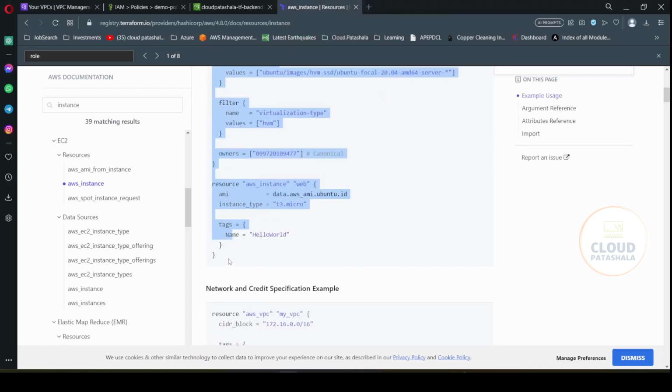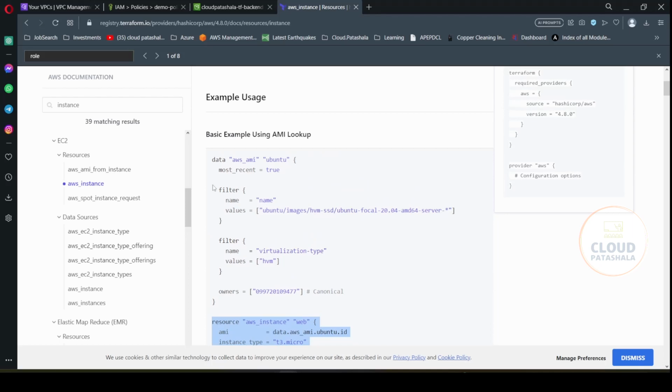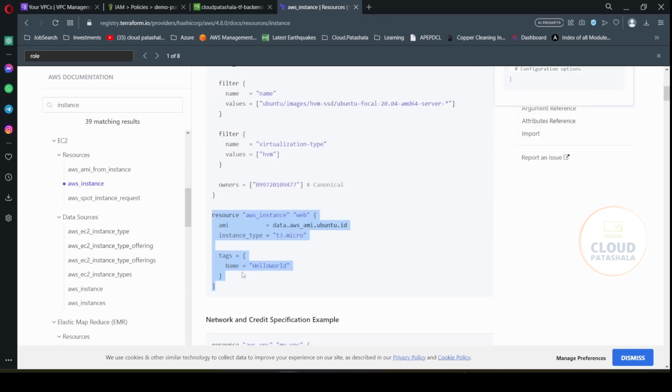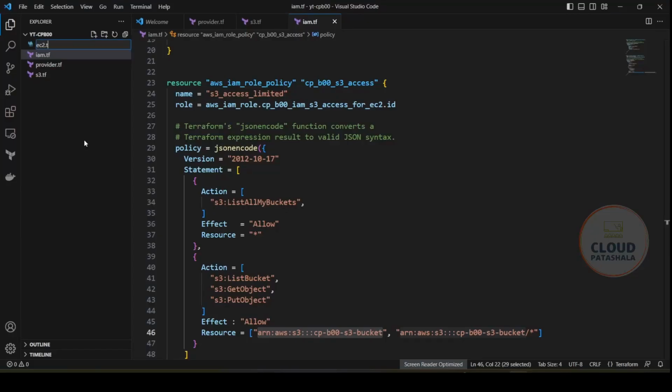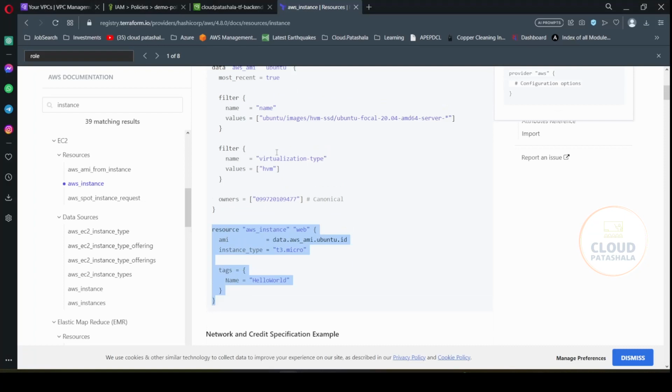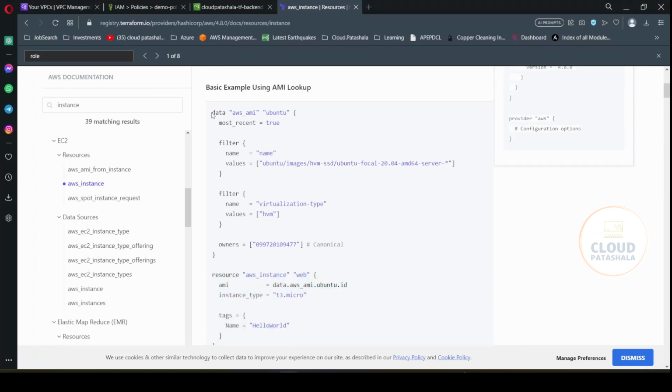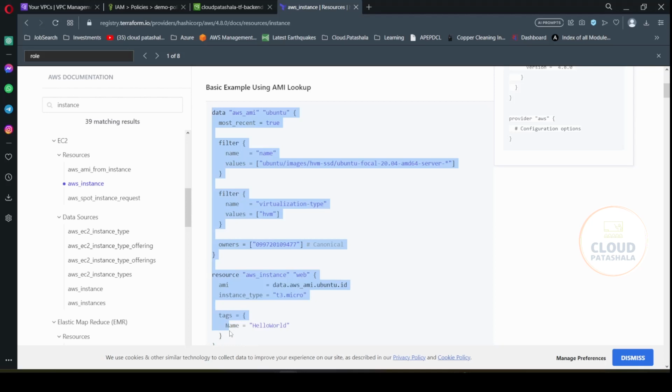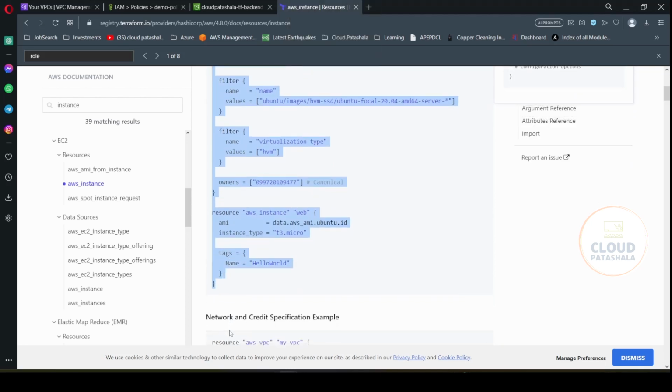Now if you already have an AMI ID that has to go with this, it's great. Or else you could also use the data block to actually get the AMI details. Also use a data block so that you could tell the interviewers that you are able to create this. So what I'll do is I'll try to copy this AMI block, that is the data block, and let's change